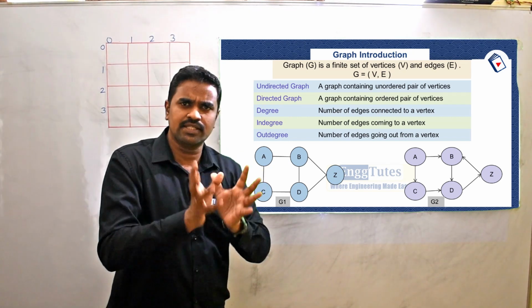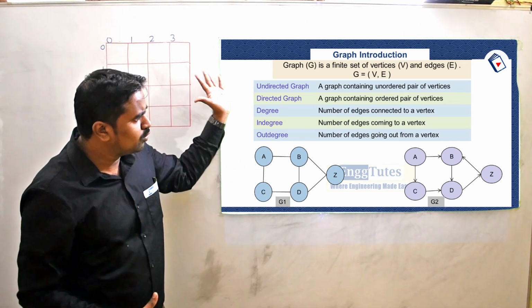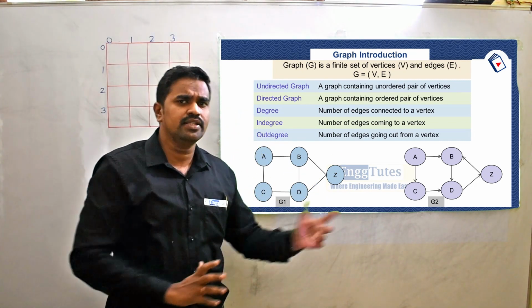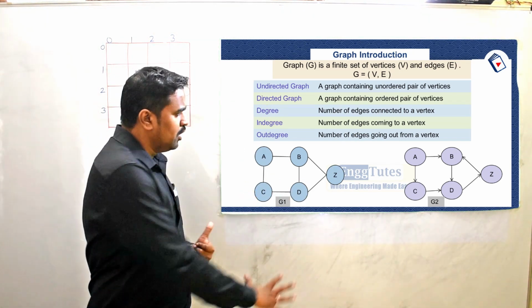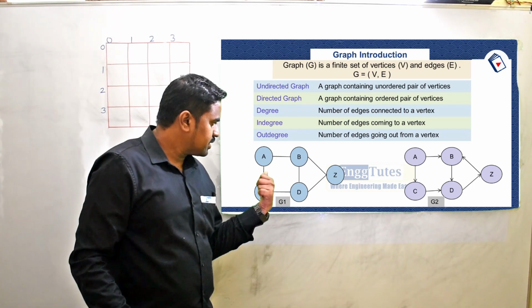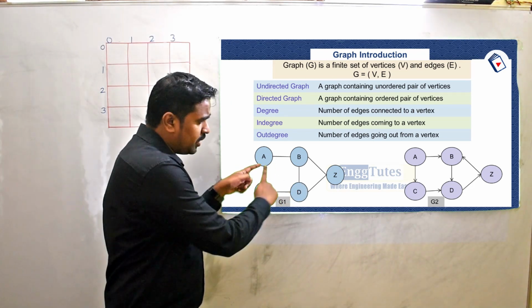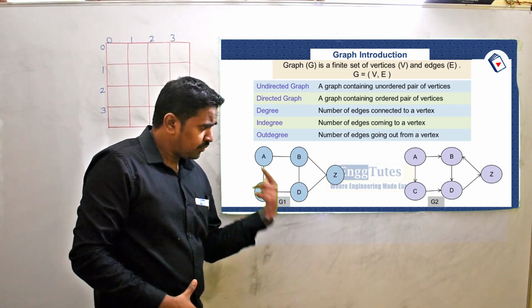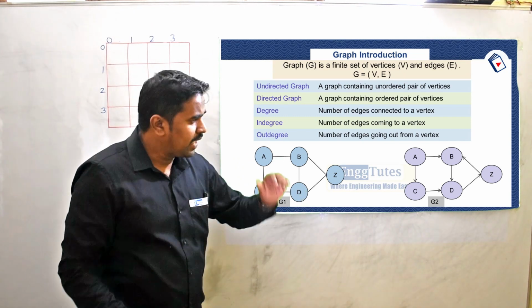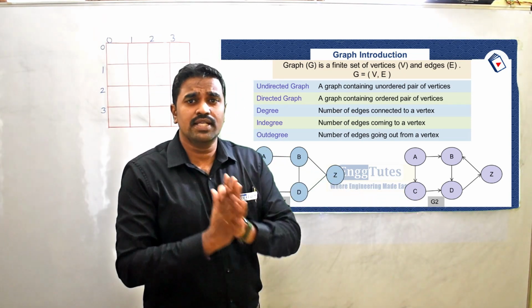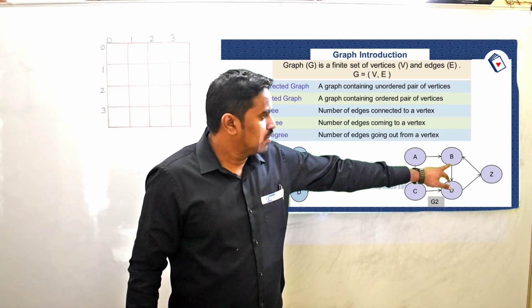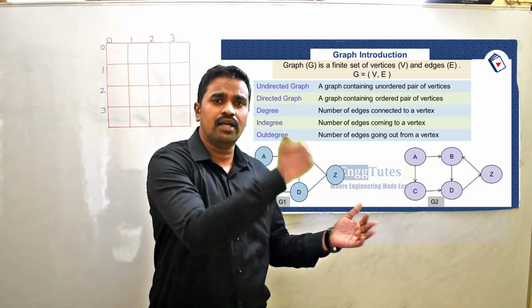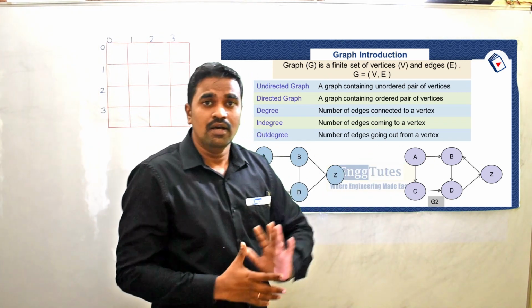So some basic terminology that we need to understand from graph is that there are two types of graph based on the direction of edges. There are many types of graph, and based on the direction there are two types: directed graph and undirected graph. For example, here the edge connecting A and B means we can traverse from A to B and also B to A. So there is no direction given. So this is called an undirected graph, whereas this particular graph G2 is called a directed graph. Here the edge connecting A and B means I can traverse from A to B but I can't traverse back. So this is called directed graph and undirected graph.